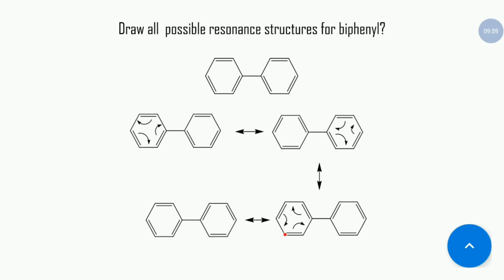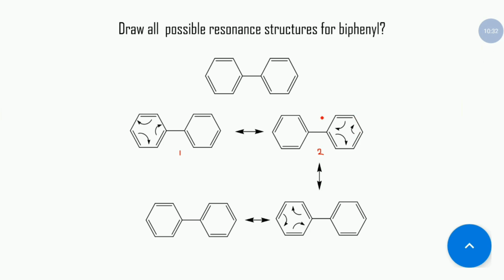So we just have to delocalize these pi bonds. Here this one moves to here, this one moves to here, and this one moves to here, and this ring remains unchanged. This one is our first compound, and after delocalizing the pi electrons, we get this compound. So after getting compound 2, we have to